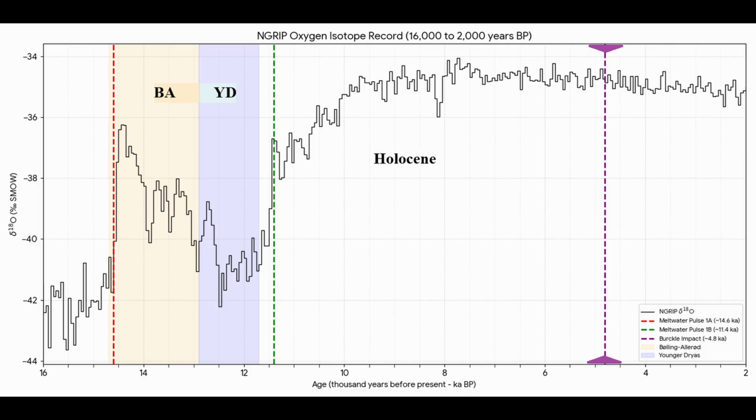For instance, there is one instant rather than gradual event that we know about. The event took only a minute, and it may have been narrowed down to a date, and that is the Burckle impact you see here on the right in purple. The Burckle impact happened 4,500 to 5,000 years ago or longer. That's why I have those fan-outs at the top and bottom of the purple bar. The event could have been anywhere in that range. I mean, how would you get an exact date on a crater at the bottom of the ocean? Notice there is no climatological shift associated with the event.